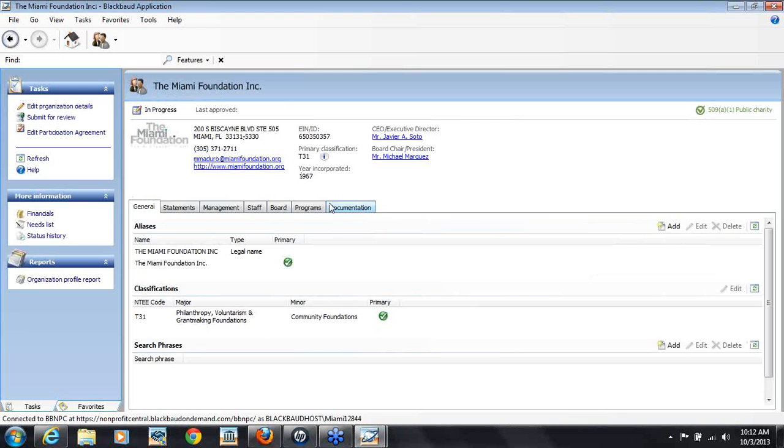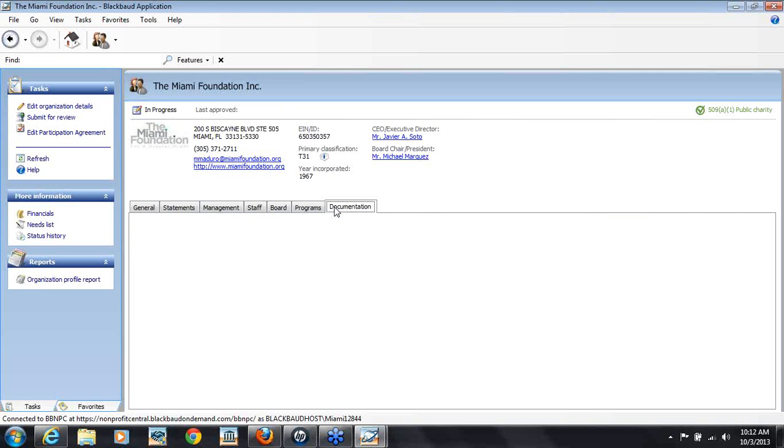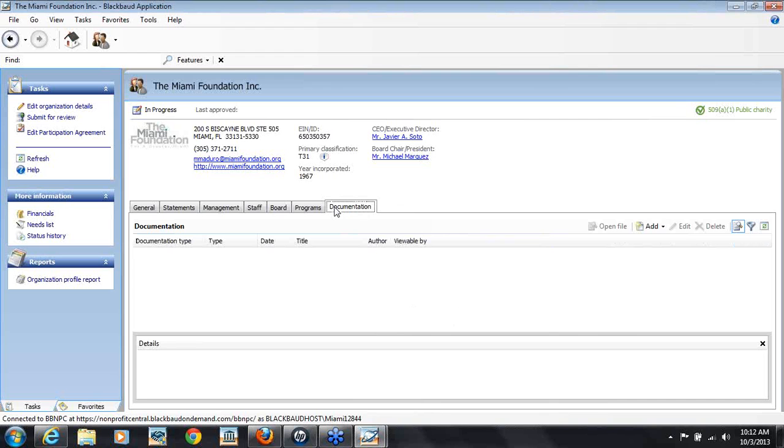Okay, so that's it for the Programs tab. And then finally, we have the Documentation tab. As I already mentioned, you can go ahead and upload your board list here or your staff list here. If you'd rather do it like this and enter all the names individually, that's up to you. And you can do so by clicking on the Add button, just like in all the other tabs,